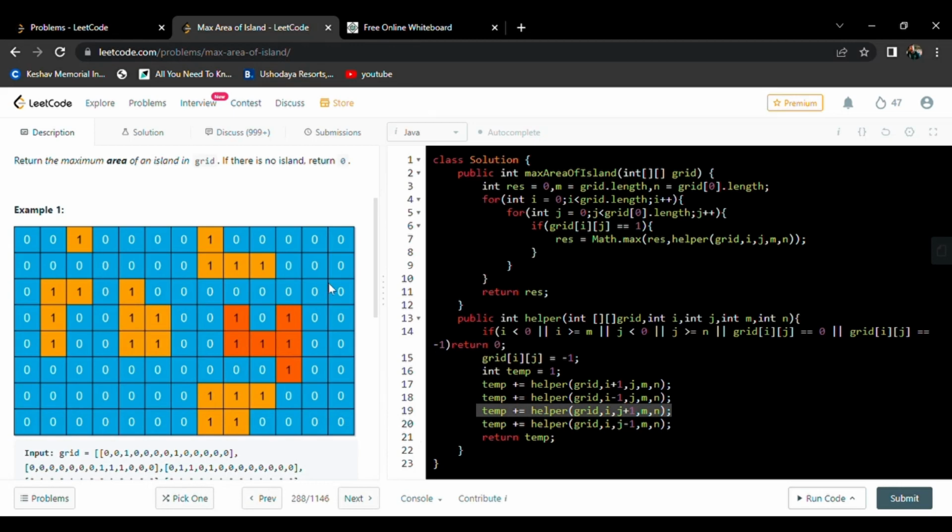Here we will call the helper function again, and the recursive function will be called once again, and the temp value is updated, and we will return the value 4 after completing this